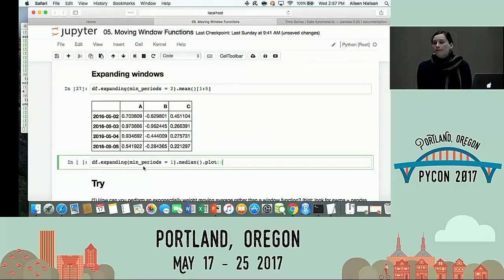Yes? So with rolling windows, of course, the one issue is you set the window before you start the data set. It's got your one day, two days, three days, 20, so you can still fill in some part of the data. So the question, if I understand it, is whether there's a way to have a rolling window but not have NaNs, so maybe have an expanding window and then a rolling window?